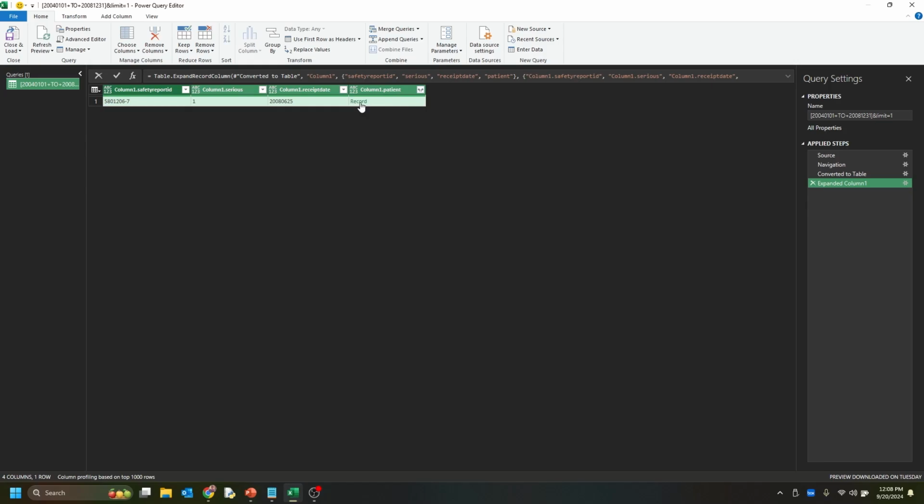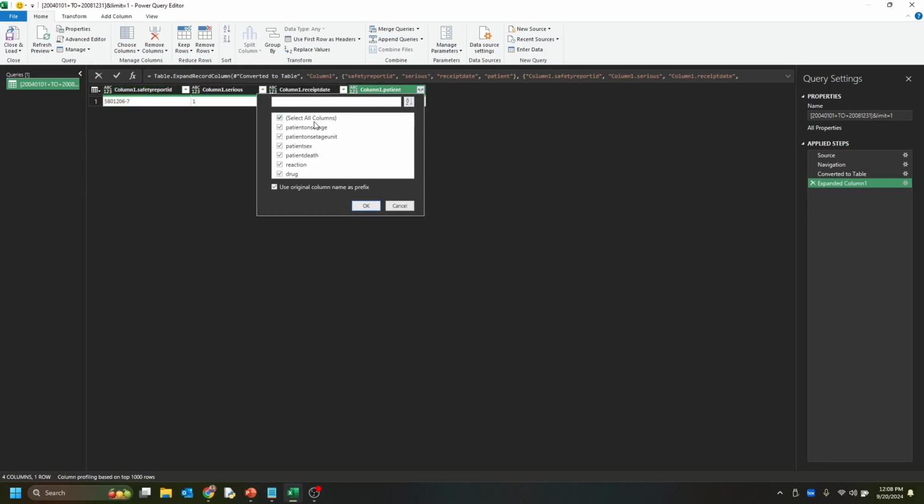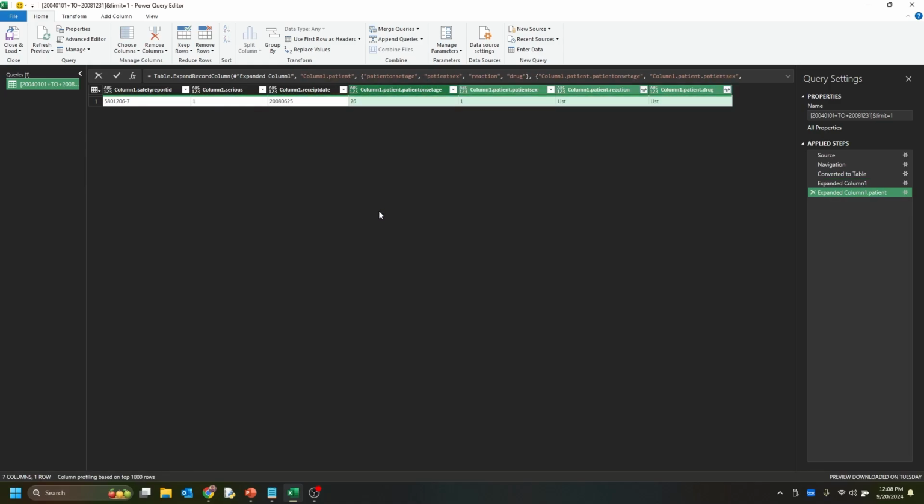Great, so now we have 4 columns, but this patient record, you'll notice, actually doesn't tell us really anything useful. It still only says record. So what we'll do here is click the outward arrows again, and you'll see that we have even more column names. So now let's go ahead and pick the patient's age, their sex, the reaction they had, and the actual drug they used. Also, we have some more columns now, and you'll notice these last 2 have even more opening up we can do. So we'll again click the outward arrows, expand to new rows,